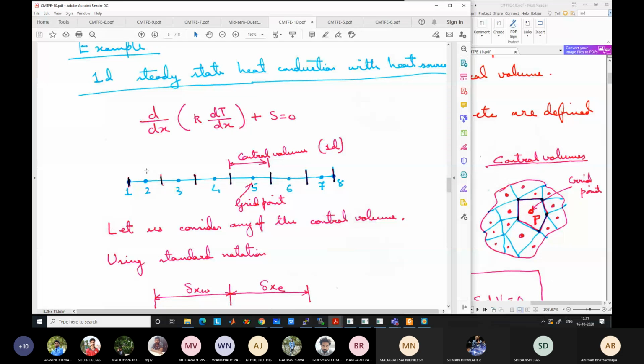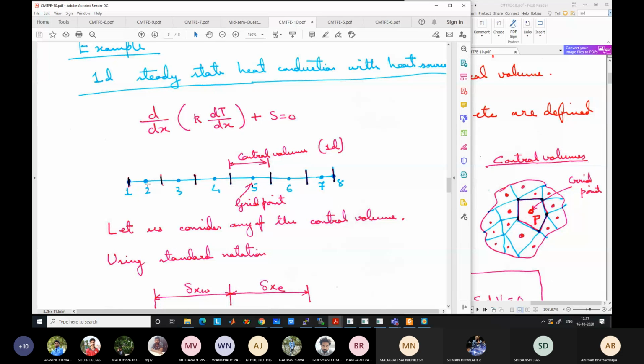Okay, so this one control volume goes from 1 to this point, second one from here, so these black lines are the boundary of the control volume. It's a 1D control volume, so the control volumes are like lines. It does not actually have any volume. It's just the line. It only has length. So from this point to this point is one control volume.